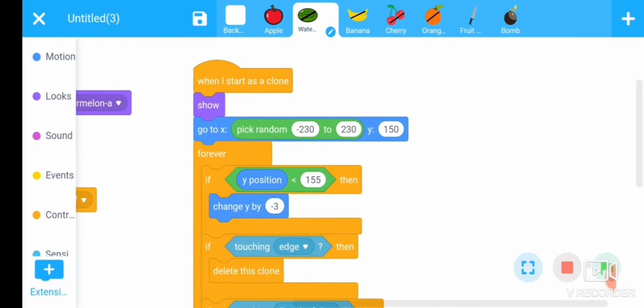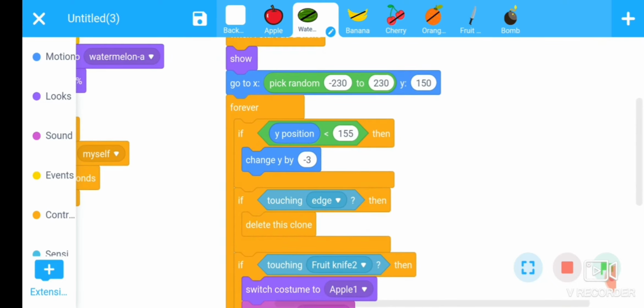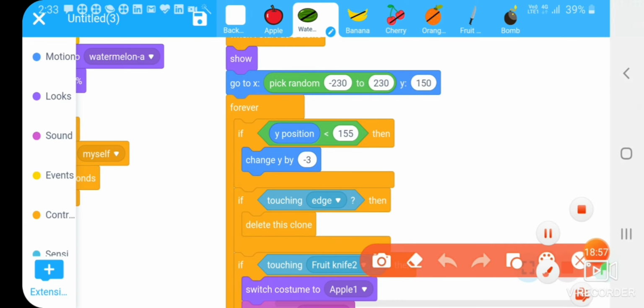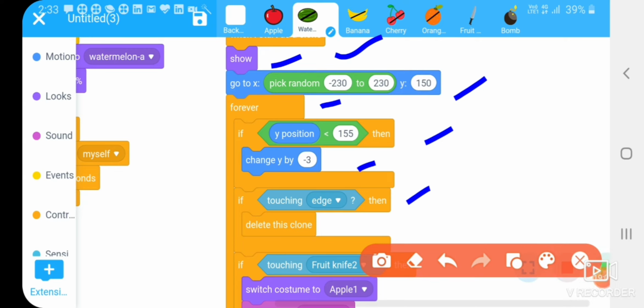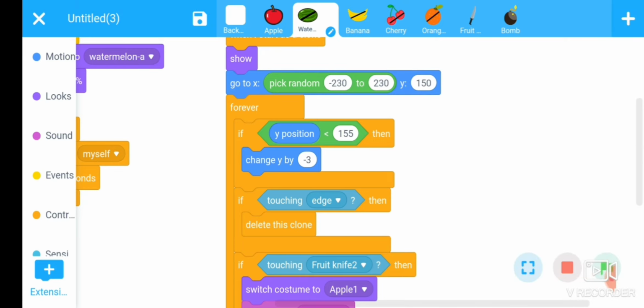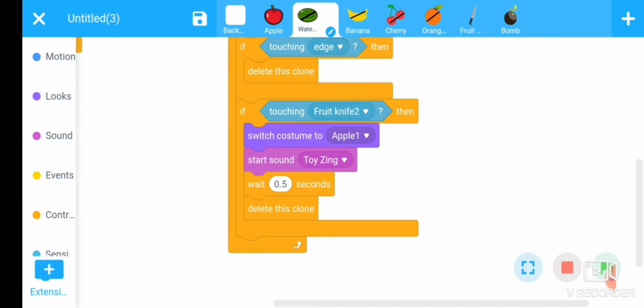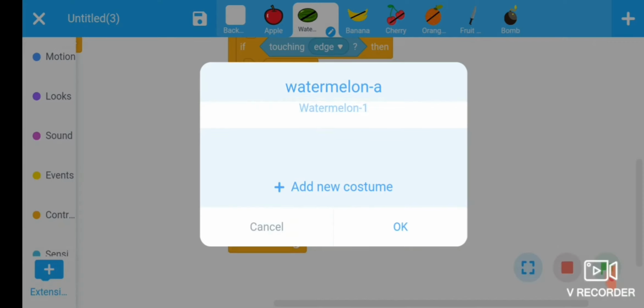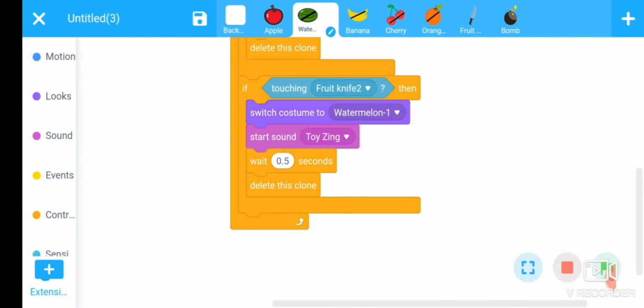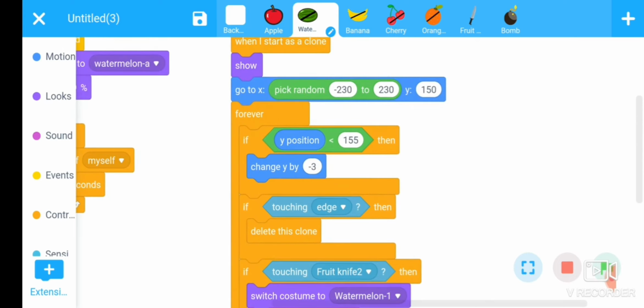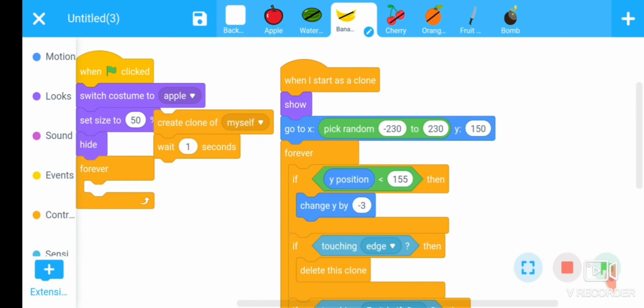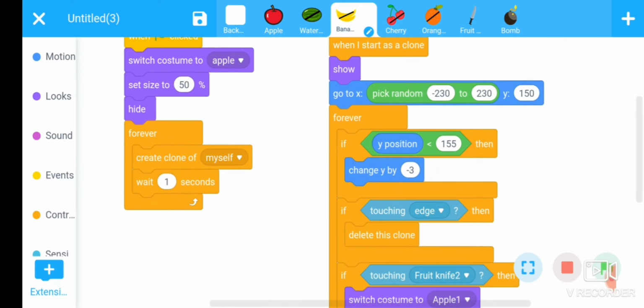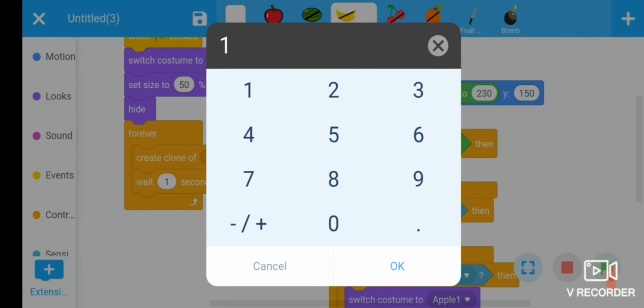And other things will be same. Replace here apple with watermelon, one sprite, and sound is same. Okay, fine. Same thing. Increase the wait to 1.4.